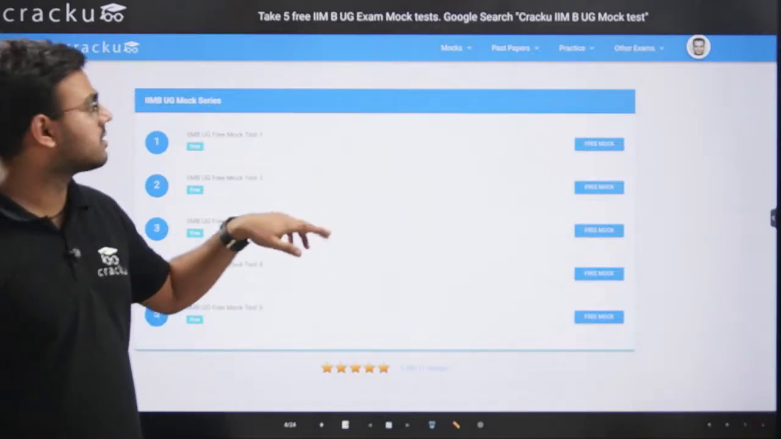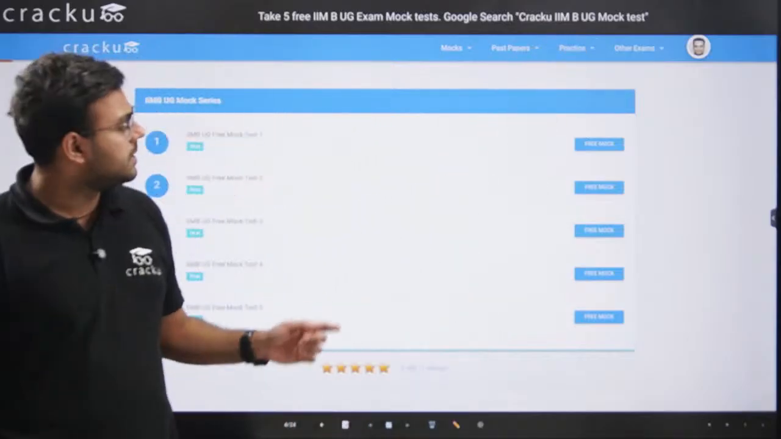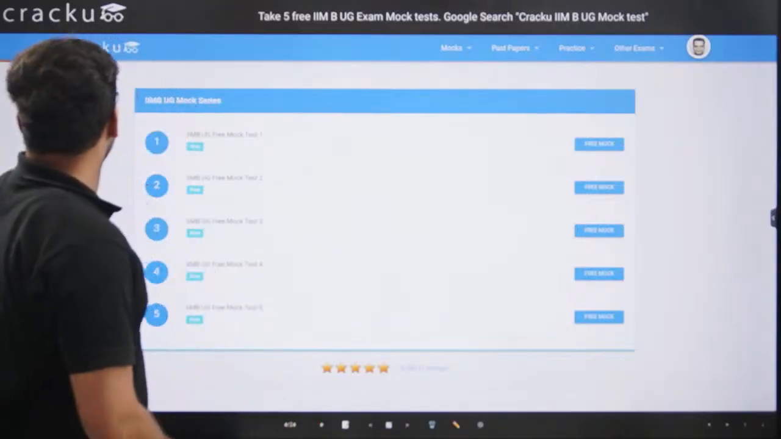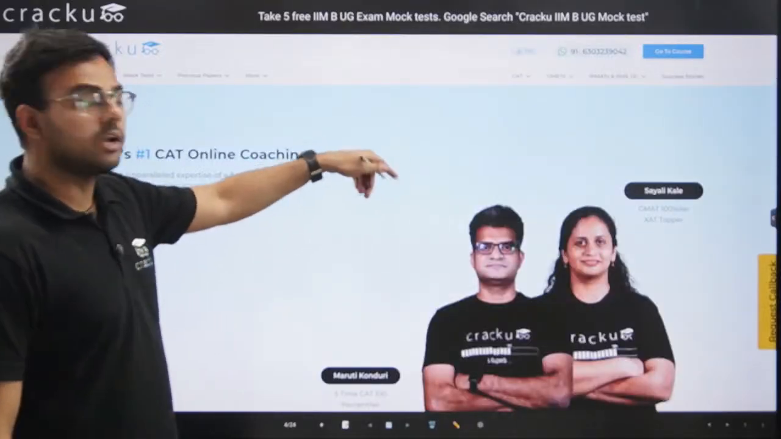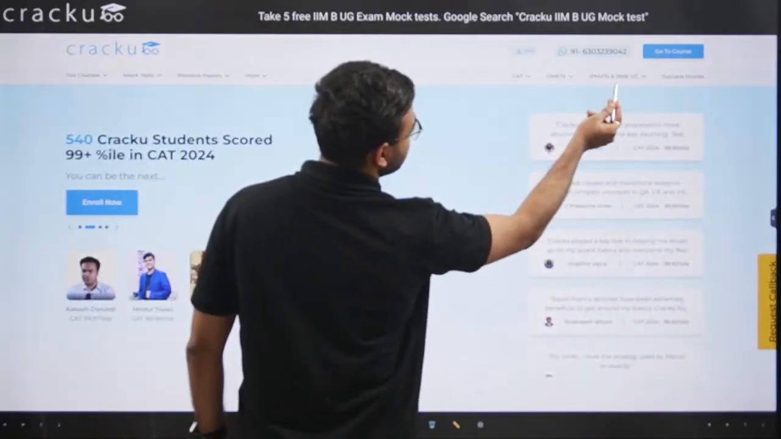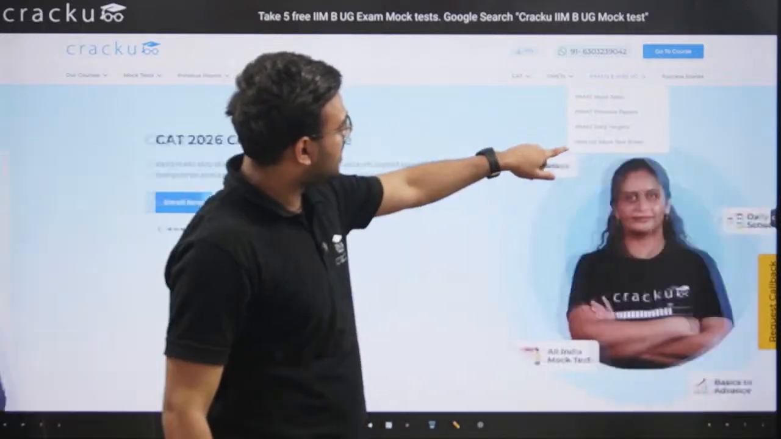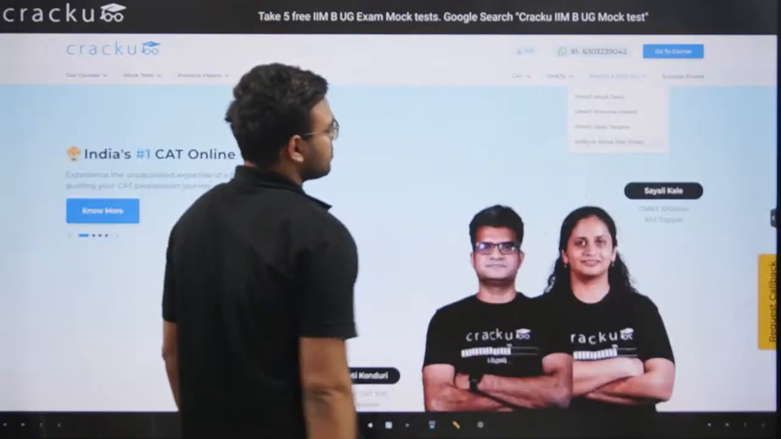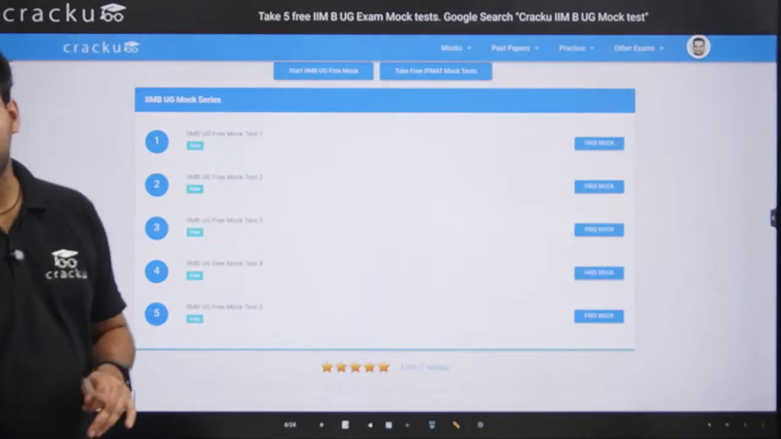To reach this website, you can just search Cracku IIM Bangalore undergraduate mock test. You will be redirected to this page, or you can just search cracku.in. When you search cracku.in, you'll be directed to a web page like this. On the top right corner, you can see IPMET and IIM Bangalore UG. You have to click on this, and in the last subsection, there is IIM Bangalore UG mock test free. You have to click this one, and you are directed to this page, which has all the free mock tests